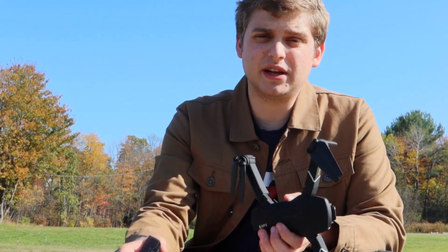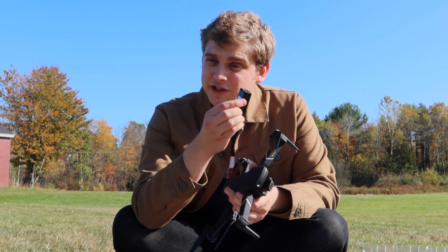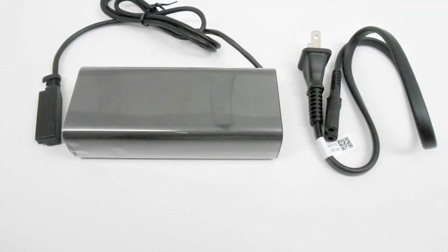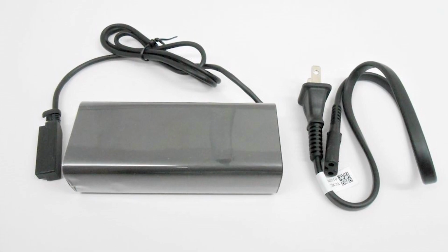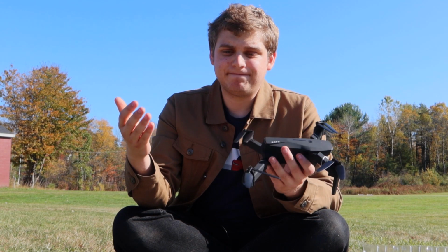Now here's the thing that I really like about these batteries. You see that? That is a micro USB port. You can charge this thing like a phone. It plugs in directly. I really like that feature. On the contrary, the Mavic Air has a huge clunky charger with a big brick. It has to plug in to a large outlet, a 110 outlet here in the States,